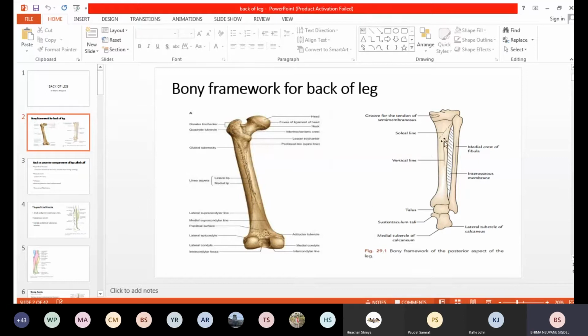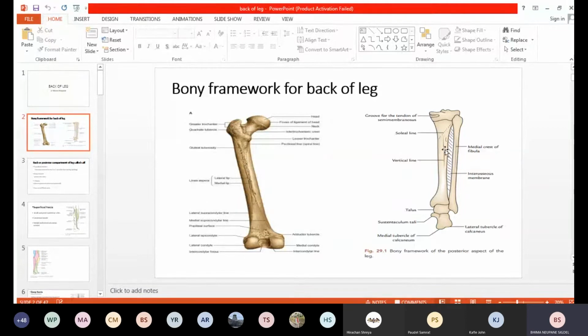Along with that, in the tibia and the fibula, you now have to know the upper end of the tibia, the shaft of the tibia, and the lower end of the tibia. For the fibula, there is the apex, the rounded head, the constricted part, the neck, and this is the posterior surface. This is the posterior surface of the tibia and the fibula. Here is the posterior border. Along with that, in the midline you can see the elevated medial crest of the fibula. In between the lateral border of the tibia and the medial border of the fibula, you will get one membrane, known as the interosseous membrane.